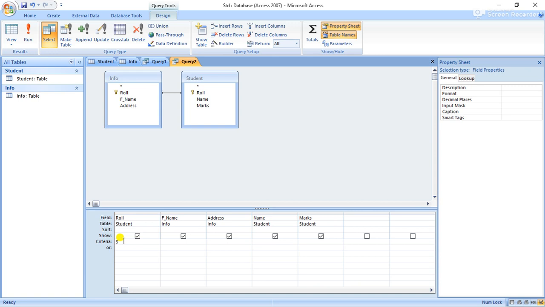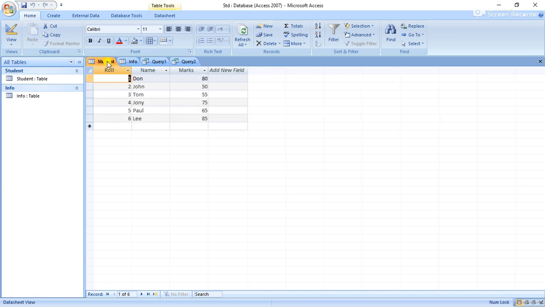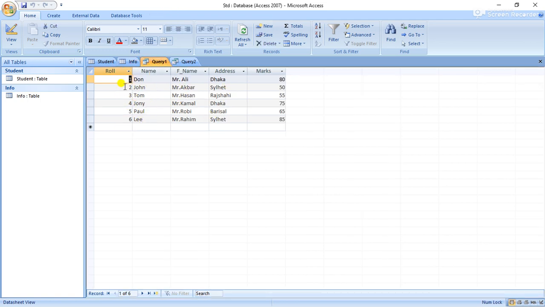After putting 3 we will get only the result of 3, or only the information of roll number 3. Let's see. Okay, so students, see clearly, in our first student table, here the roll, name and marks, only these 3. In our info, roll, father name, address, only these 3. And in the first query we got roll, name, father name, address, marks.